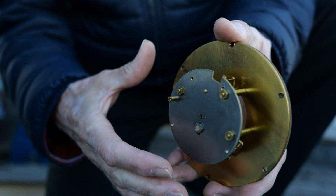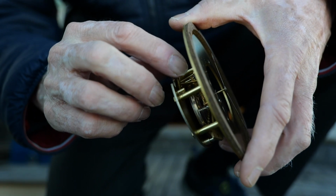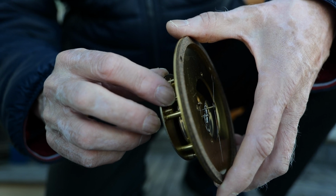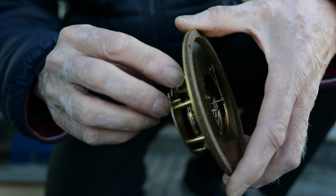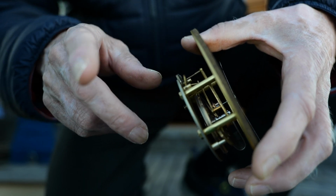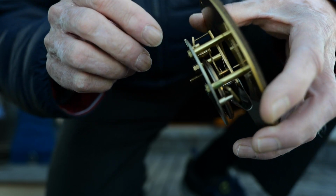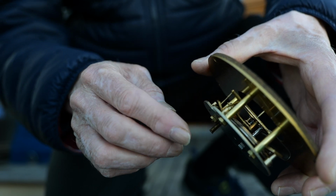Okay, so what it is, there's this little lever here. It's almost like a weight in a way. It works kind of like a weight, and you can see if I push on it, it moves. I think it was just bound up. I can see there's two little tiny pinholes. So it's just a brass post with a pin going through on each side, so it pivots. And so there's a little tiny pinhole in each of these posts, and that looks to me like it's for